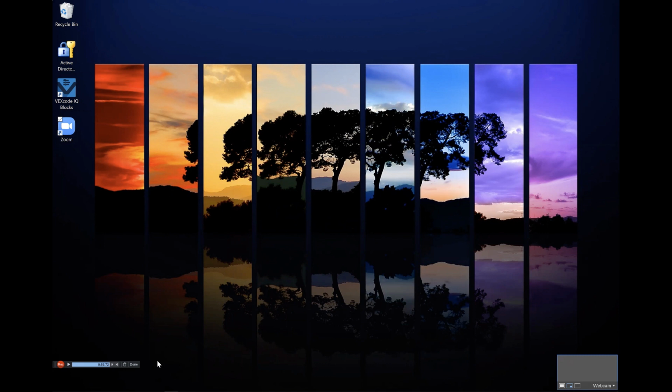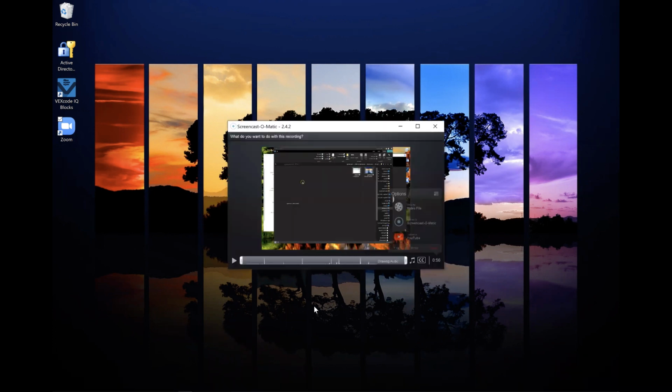Gabriel showed you how to save it as a file. You can also, once you're done recording, hit done, and you do your save upload. And you will have an upload option